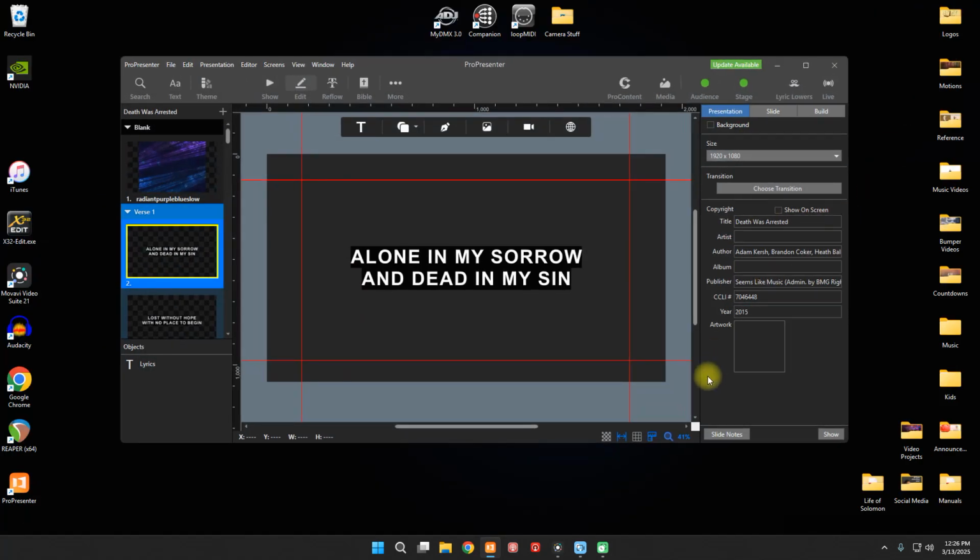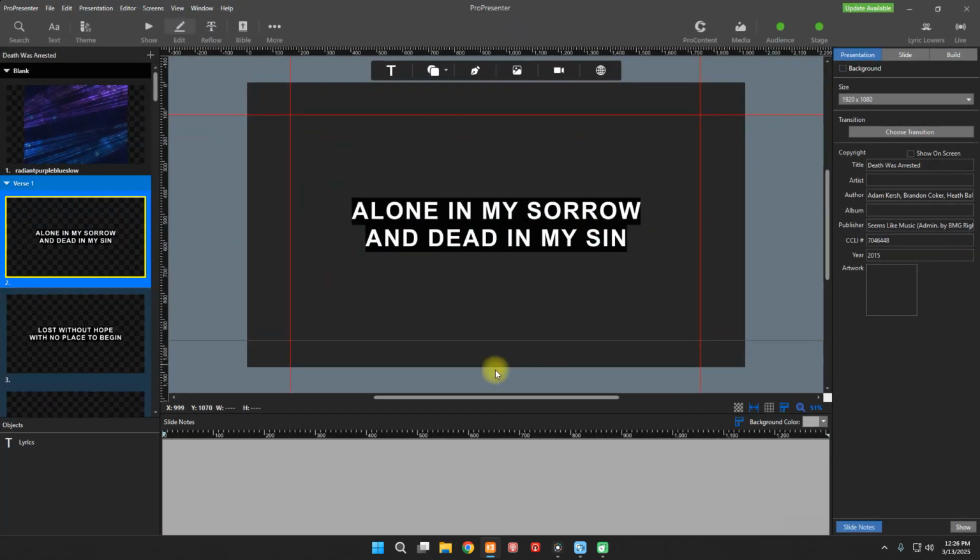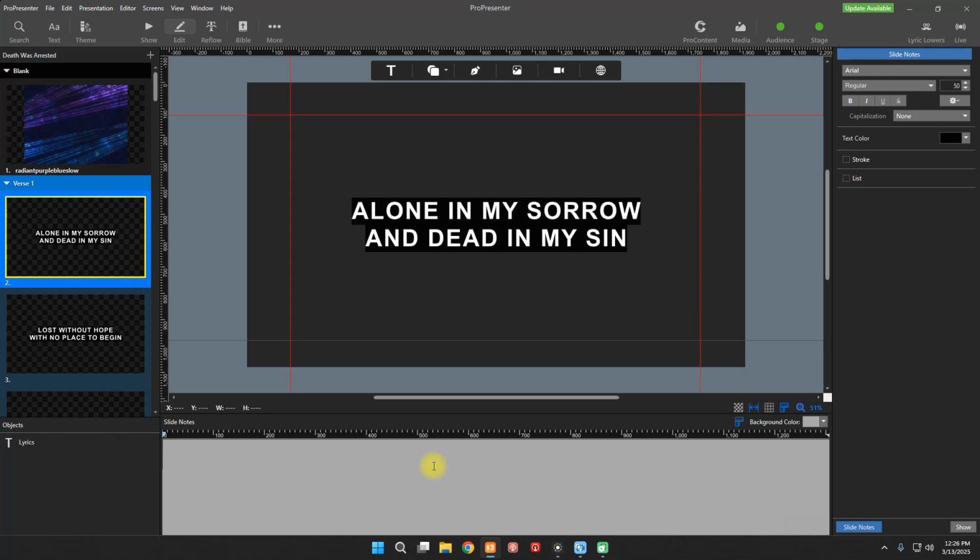Okay, so right now we don't have access to the slide notes, but there's a button right here that says slide notes. We're going to open that up, and then it'll give us this section down here to type in. So you do not have to put it in parentheses, but I do for our team just to add a little bit of extra visibility on the screen, make it stand out a little bit longer, a little bit further. So we're going to bring D over, we're going to bring E minor 7 over, line those up kind of near similar, and we'll hit the show button down here,